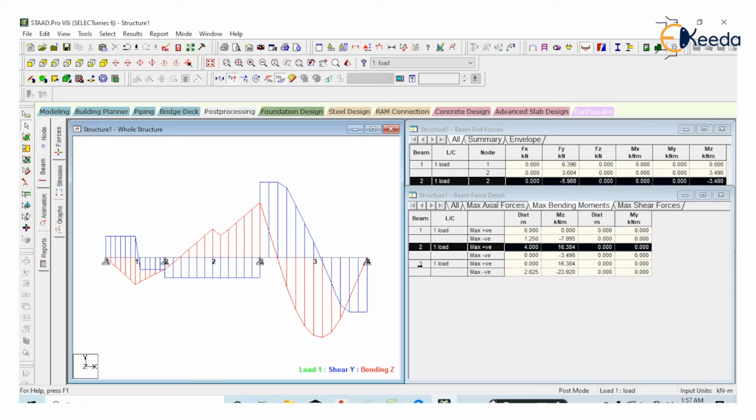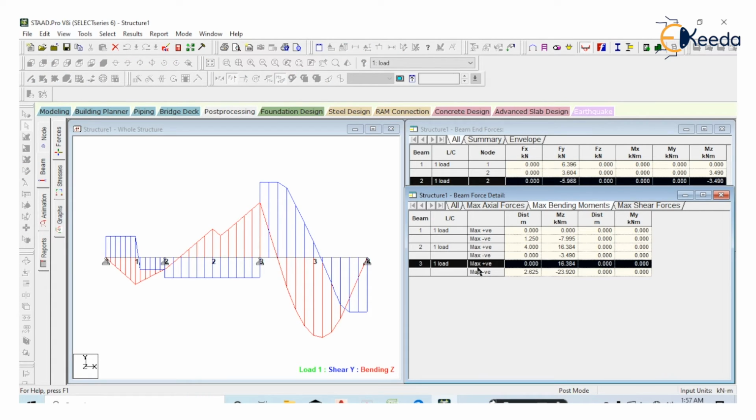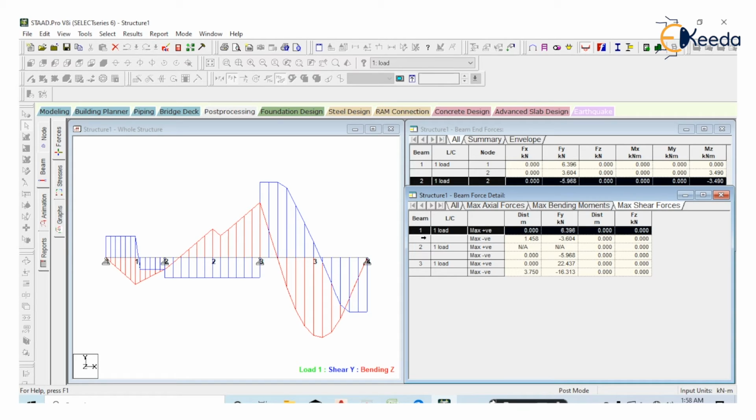In the third beam, there is maximum positive bending moment at the start point of that beam and a maximum negative bending moment at somewhat location 2.625 meter from its start point. In this location, the maximum negative bending moment is minus 23.92 kilonewton meter. Alright, maximum shear force for the first beam, maximum positive shear force is at a distance of 0.00,